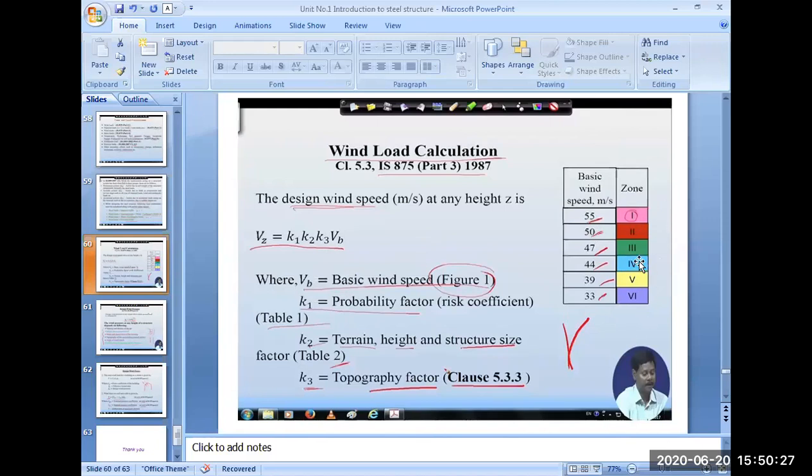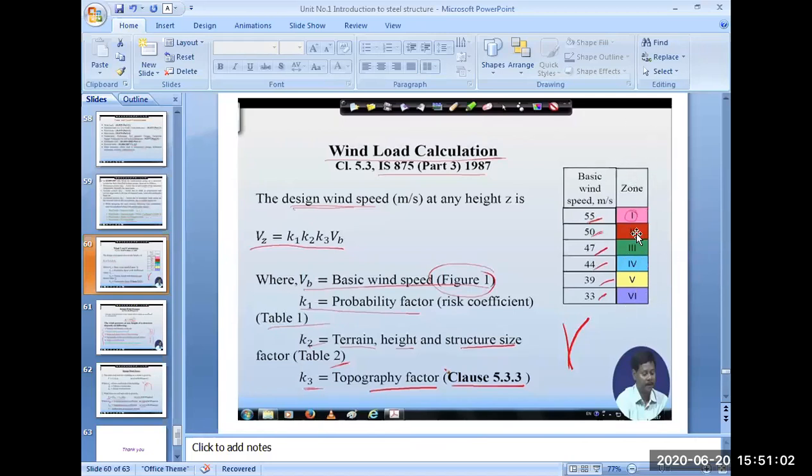So now, which zone are we coming to? Means our Solapur district is coming in which zone? That is given in steel table. Steel table last page, page number 125. On the steel table page number 125, all the city wise, means in Pune city, what is the wind velocity? In Solapur city or in Nagpur or Delhi, Agra, at a particular place, what is the wind velocity? And these depend upon the zones.